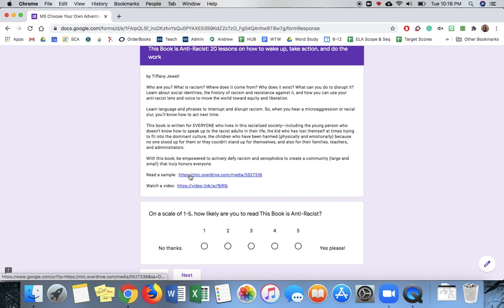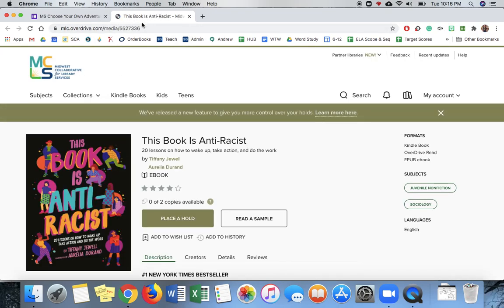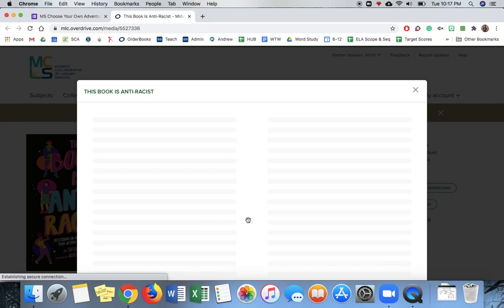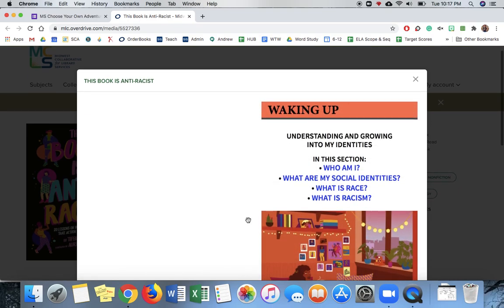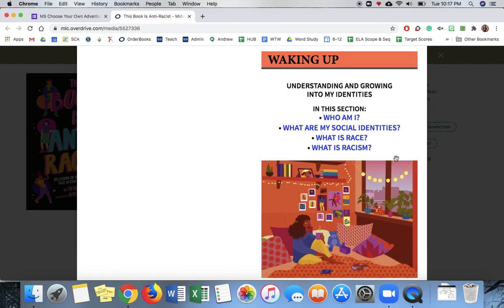Let's check it out. If you click on the sample, you'll notice that I am opening a new tab. This tab is taking us to the Midwest Collaborative for Library Services. Ann Arbor District Library is a member of the Midwest Collaborative, and because you're an Ann Arbor Public Schools student, you can get a library card for the Ann Arbor District Library. The really great news about this lesson is that you don't need a library card to read a sample. Let's try it. You're going to open up a sample of the book,